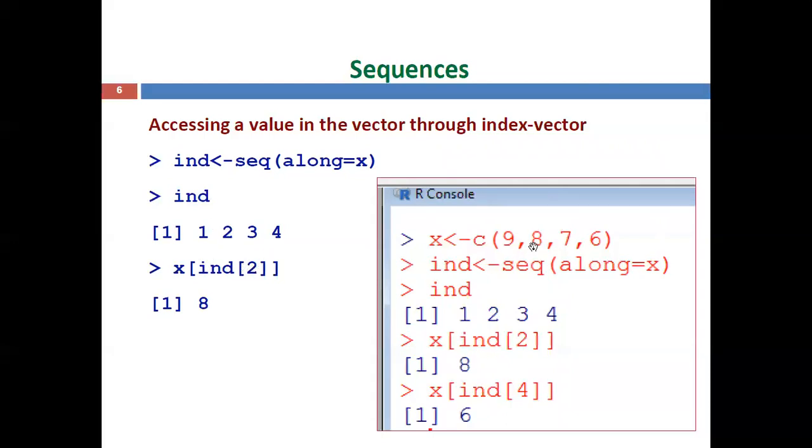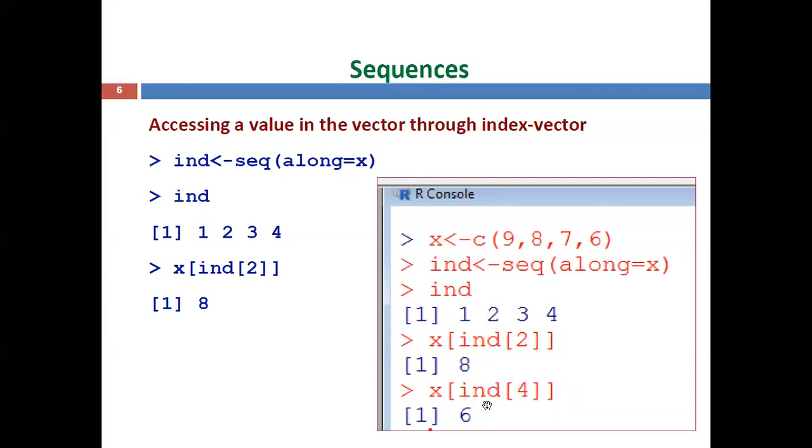What is the second index value? 8. If you give ind of 1, it displays 9. If you give ind of 3, it displays 7. If you give ind of 4, the fourth index value is 6. In this example we have given 2, the second index value is 8. Then we give 4, the fourth index value is 6.